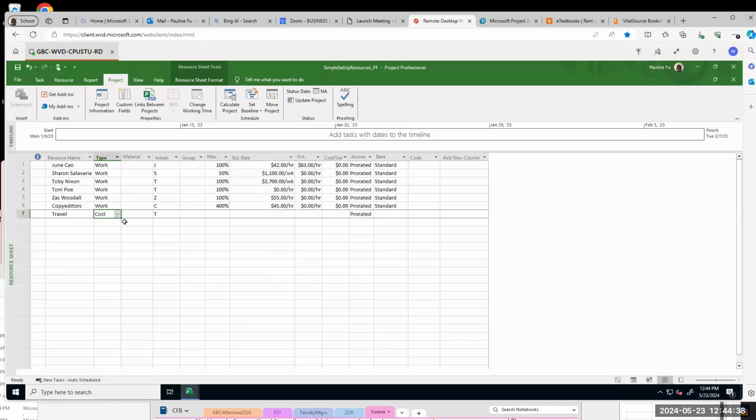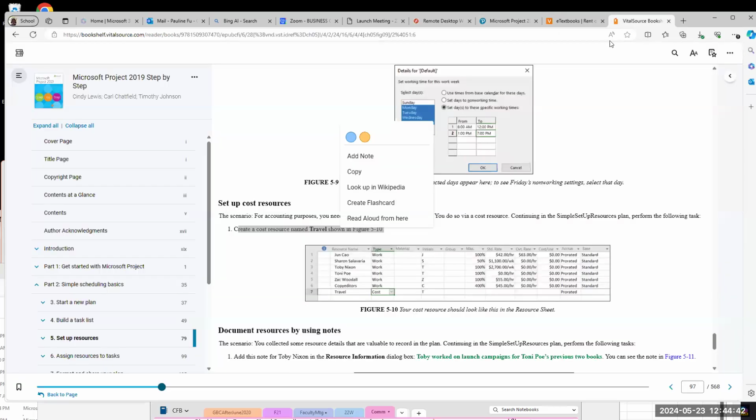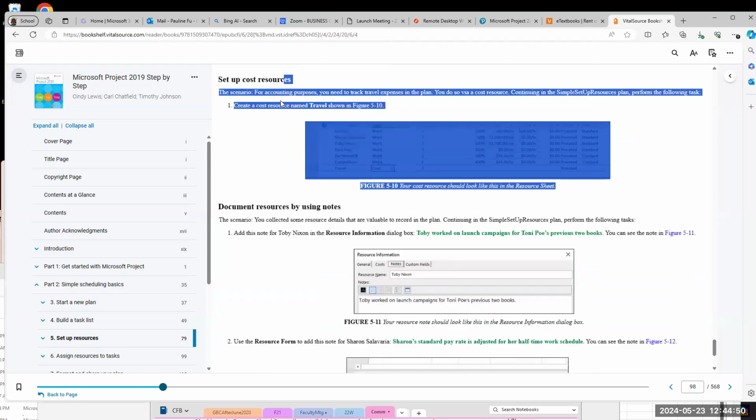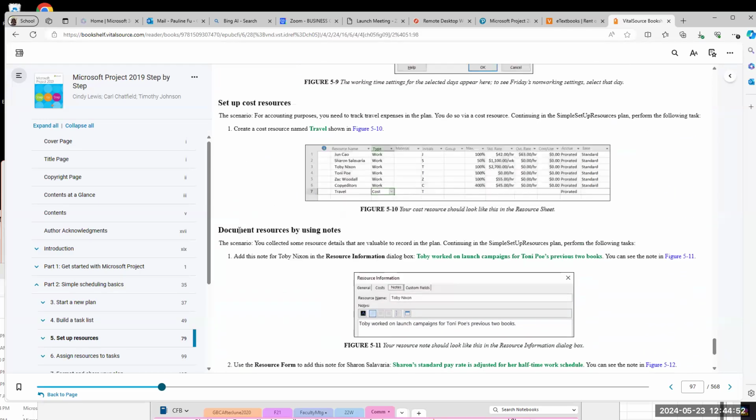All right, we set up the cost information. Lastly, we document the resources by using the notes. Now we are doing the last part for chapter 5, then we're done. Document resource by using notes. Step 1, add notes for Toby Nicholson.